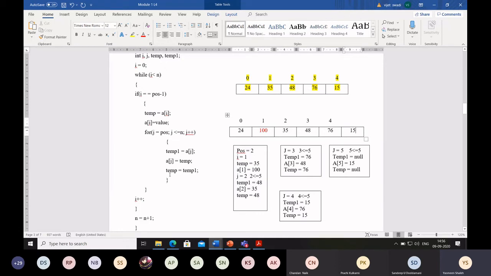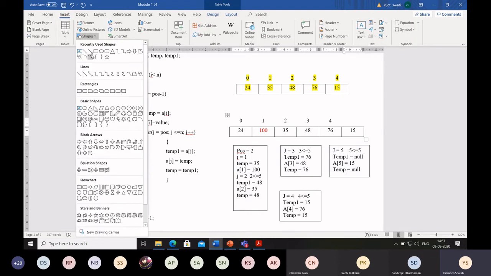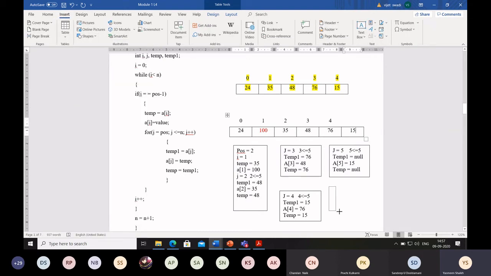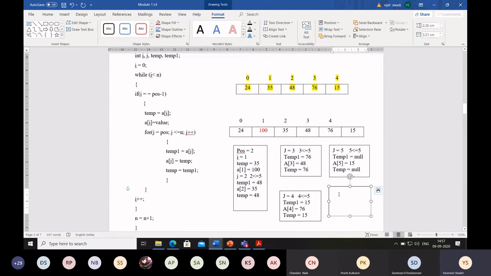Okay. After doing this, this loop will terminate now. Here we have stored A of j is equal to 15. So again this for loop should repeat, right? Once again the j value should be incremented. So what will be the j value now? J value will become 6. 6 is less than or equal to 5. Now at this particular condition, the condition becomes false.